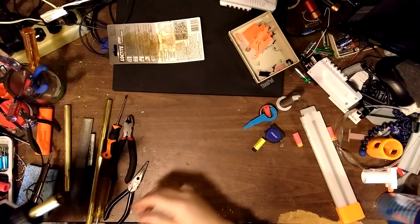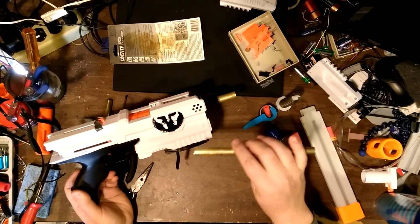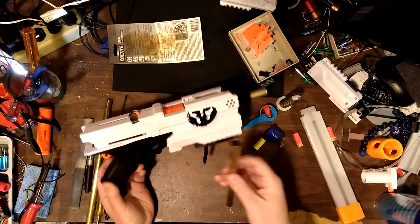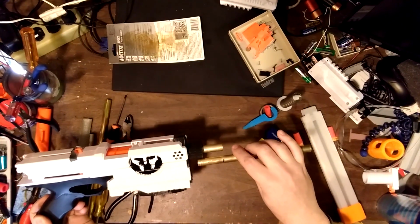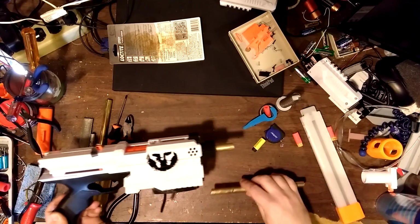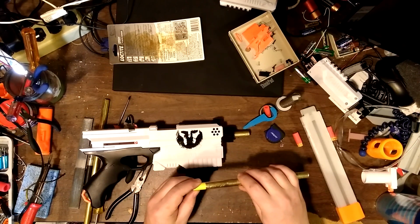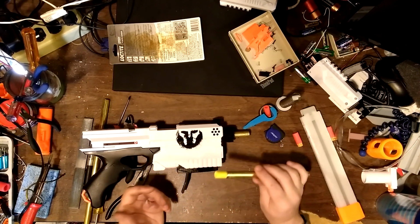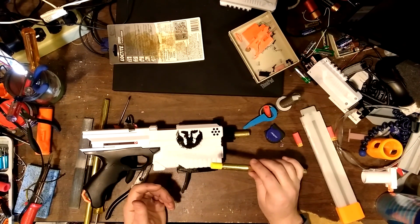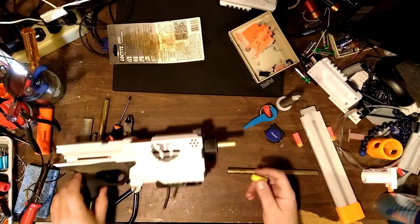And then the other thing that I did is I took this, my remainder after the pusher, and I drew a line on here, and this is essentially how far it needs to go into the 9/16 brass such that the back of the dart pushed in is just inside it, which is basically what my Venom suggested. If I understood the comment correctly, it was basically